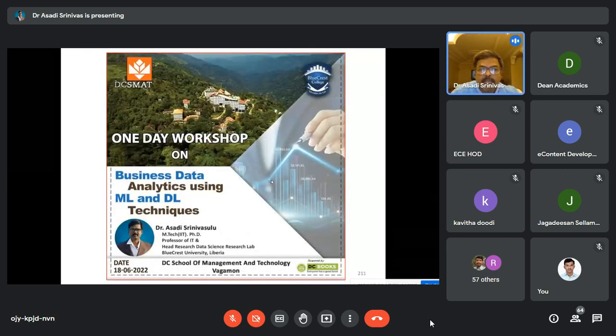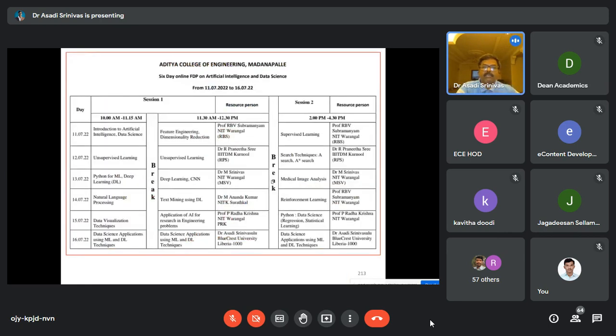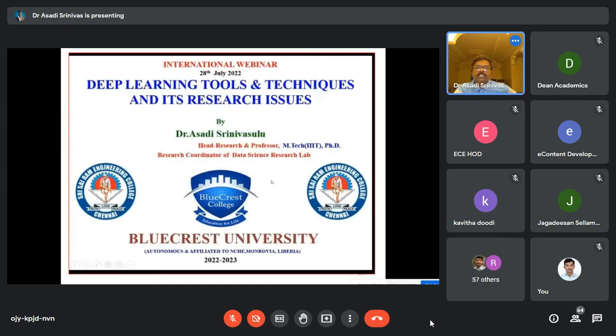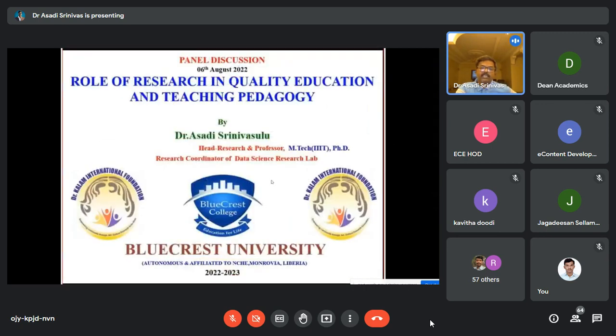This is one of the colleges at Vagaman in Kerala. And this is an International Workshop at MVGR, Visakhapatnam. This is Aditya College of Engineering, Madanapalli. This is at Sri Sairam Engineering College. This is at Blue Crest with the help of Research India Foundation. This is at one of the colleges at Haryana,